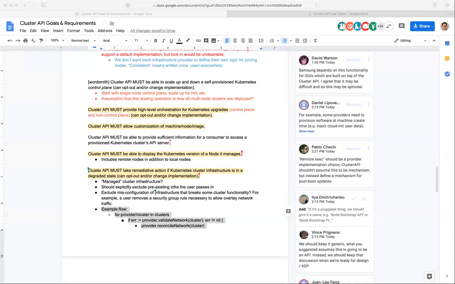But we have seen that it has been useful, for example, in AWS and Azure, and I've seen some repetition also in the GCP provider and vSphere, to generalize the network configuration that will be used for the cluster. And that's all we're trying to do. At the end of the day, we're just trying to reduce duplication of effort between providers by providing a little bit more generic code upstream.